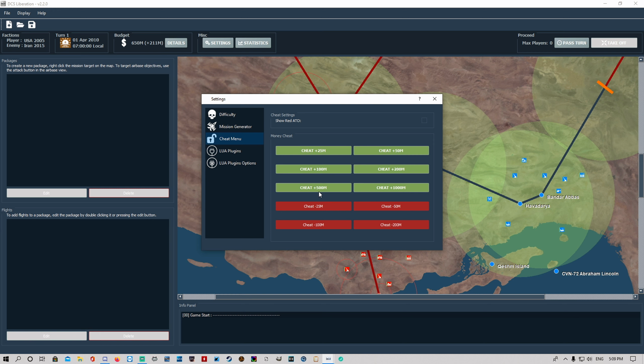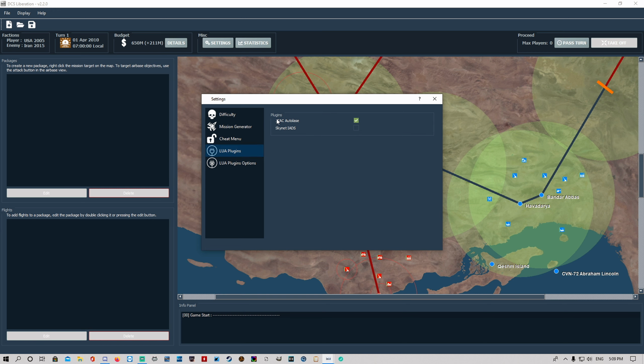All right, cheat. You can add, give yourself money, show red ATO. No idea what that is. You can take money off yourself. All right, and now here,